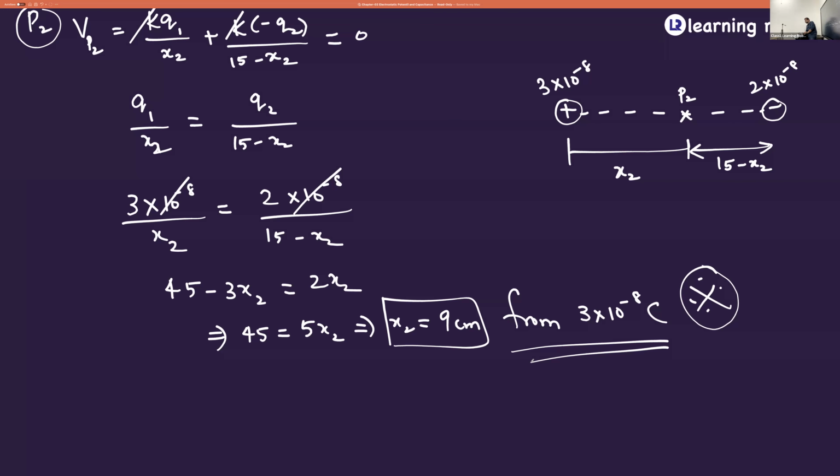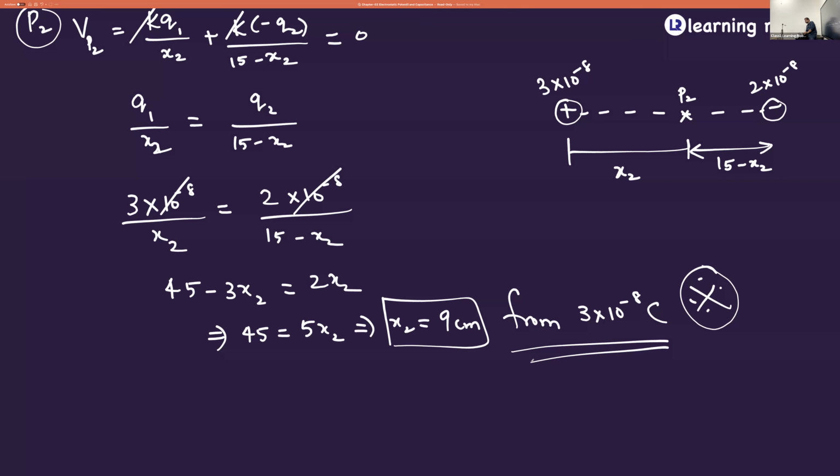So in this case, is there a possibility for you to get the potential to be 0 along the line joining the charges? You will get it because the system is having unlike charges. Yes, that is possible. If at all it is possible, which will be the 2 points about which the potential will be 0? It will be somewhere around 2 into 10 power minus 8. So if you want, you can check and see.